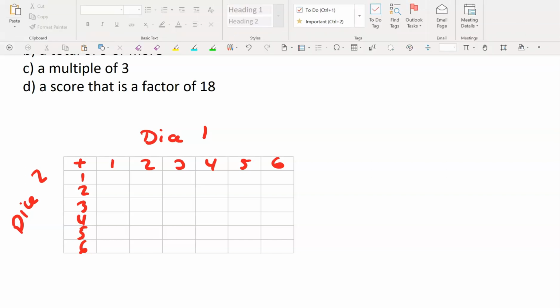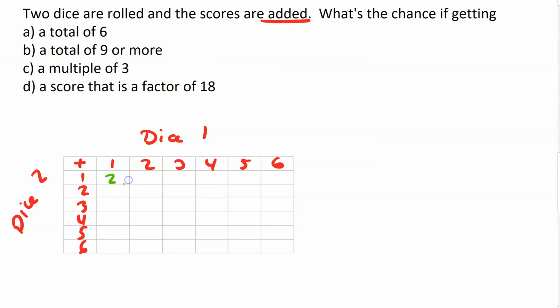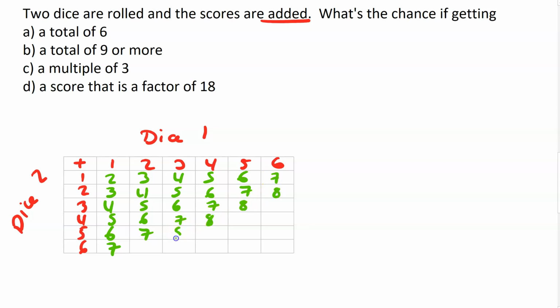Then the combinations, remember I've got to add the scores. 2, 3, 4, 5, 6, 7, 8,